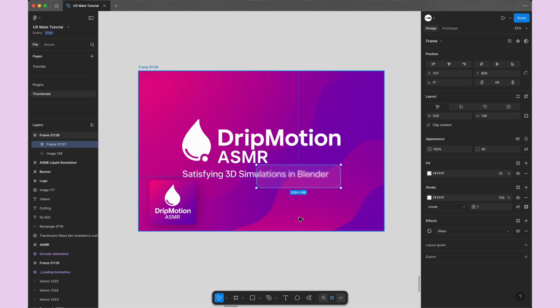Creating glass effects in UI design has always been the choice or preference of great UI designers. But creating a glass-like effect in any design tool was really challenging because we had to stack up a lot of effects together. Now, to do that easily in Figma, Figma has given the glass effect out of the box with their